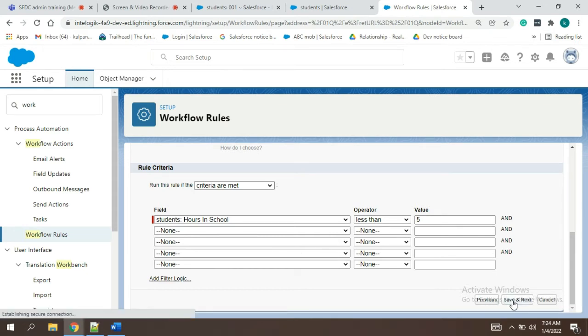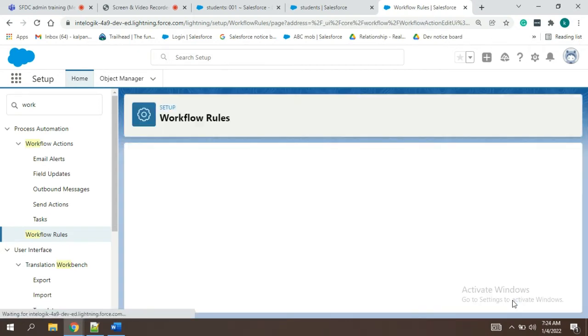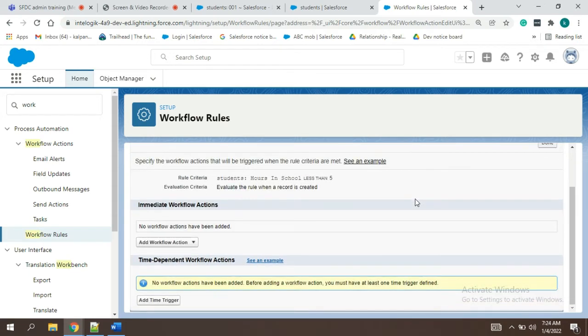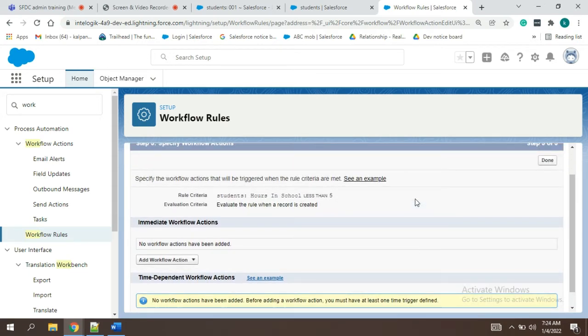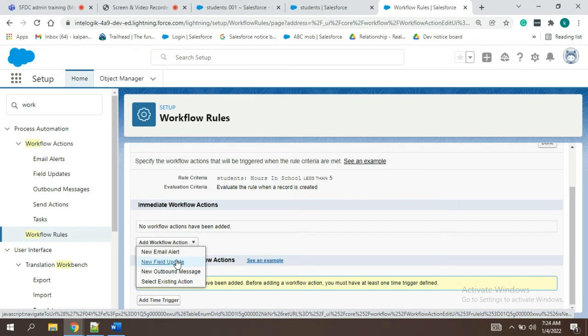And save and next. So now it is asking us, we have created a rule, but it is asking us what we wanted to perform. So we wanted a workflow action. What we wanted to do, guys, we have created one field, so we are going to update it. Okay, this is clear.